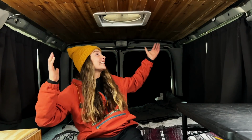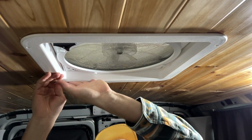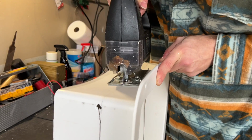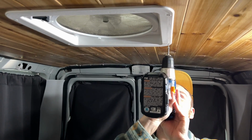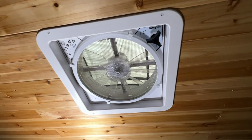Alright you guys, the ceiling is officially finished, and the last step was putting the cap on the fan. We've been wanting to do that for so long. We actually had to trim it down a little bit because the way that the manufacturer gives it to you, there was way too much extra plastic, so we had to trim it down to make it fit. But now that that's done, the ceiling is officially finished, and I could not be more stoked on how it